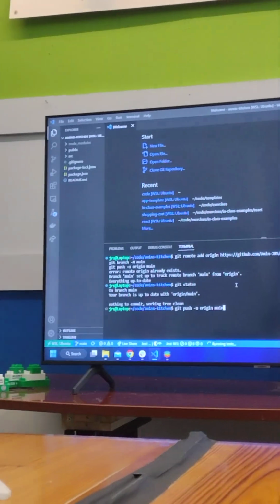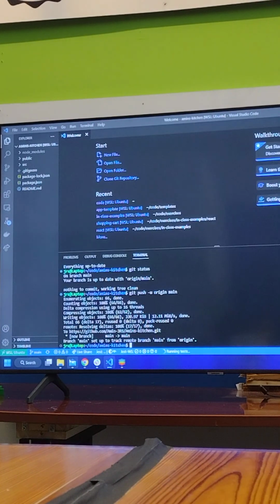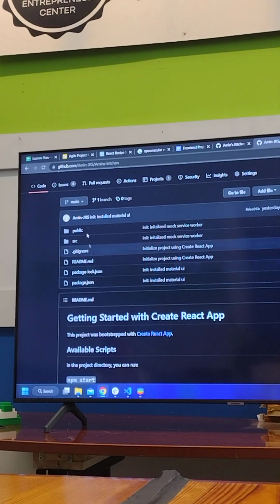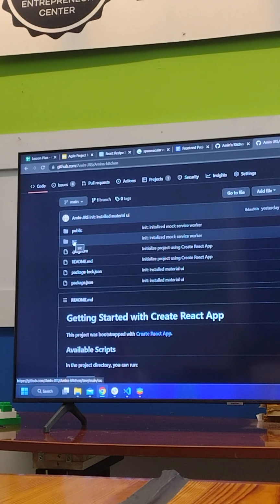Now I can. There we go. Now when I refresh my Git, I can see that I have all my stuff initialized,